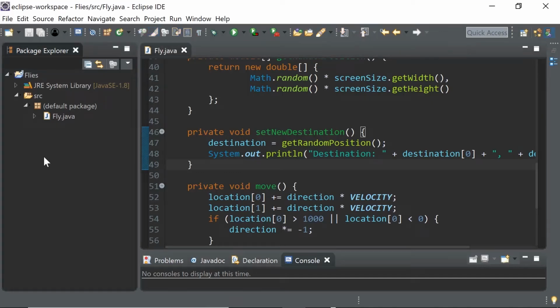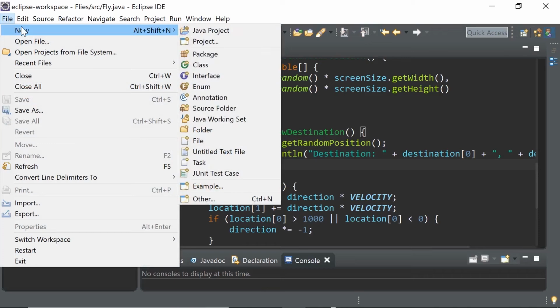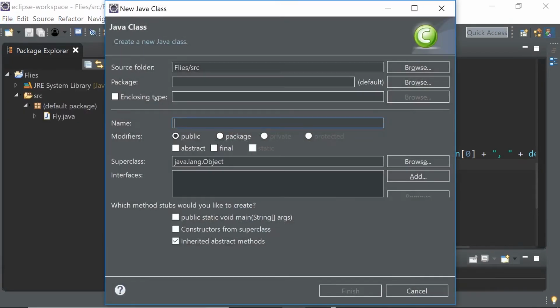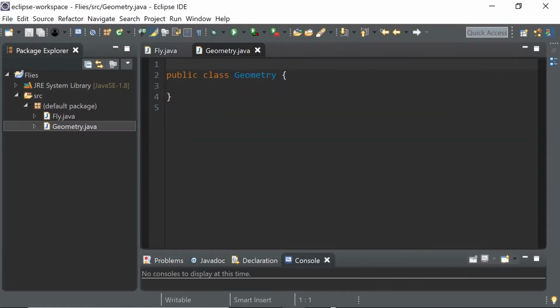All right, back to coding now. Let's implement the logic that we just spent so long talking about. I'm going to put this logic in a separate class because it's not really related to the fly program. It's just a geometry utility method. So I'm making this new geometry class, and in it I'll add a public static method that will return a